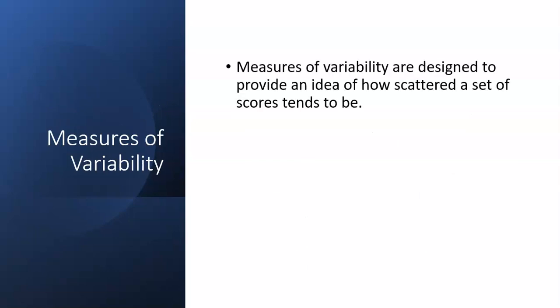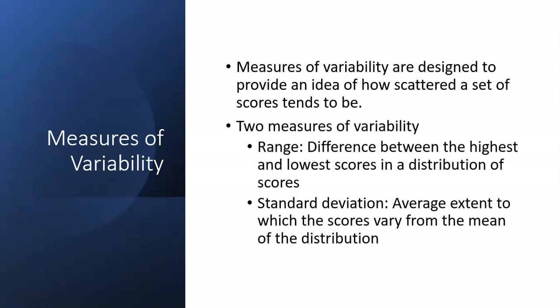Measures of variability within a sample are designed to show you just how spread out scores are. It means something different if scores are widely scattered from high to low, as opposed to when they are tightly clustered around a measure of central tendency. So it tells you something important about differences. There are two basic measures of variability that are typically used. The range is basically just the difference between the highest and lowest scores in a distribution. So it's a very